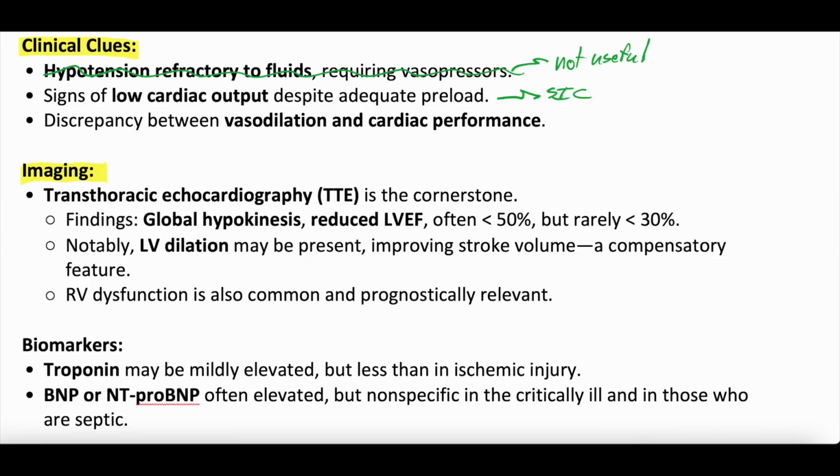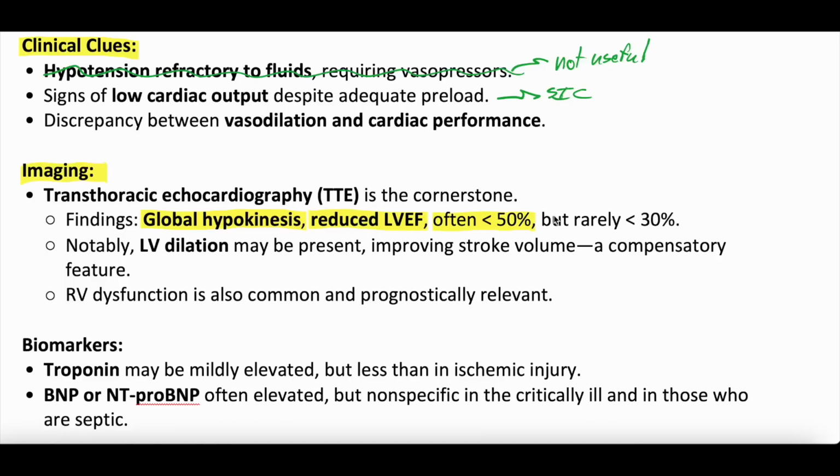And the biggest type of imaging here is transthoracic echocardiogram, or TTE. What it will show is some global hypokinesis of the left ventricle. That left ventricle is not contracting robustly enough. But it's not just one part of the left ventricle, right? It's not that just the inferior wall is down. This is global dysfunction of the left ventricle that then leads to reduced LVEF, left ventricular ejection fraction, often less